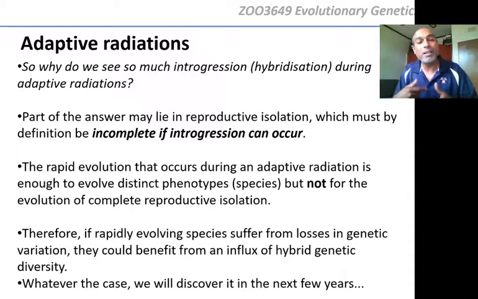And it could be that this gene flow actually facilitates the adaptive radiation. So it makes the adaptive radiation possible. So you see the potential role for gene flow in the speciation process is massive,